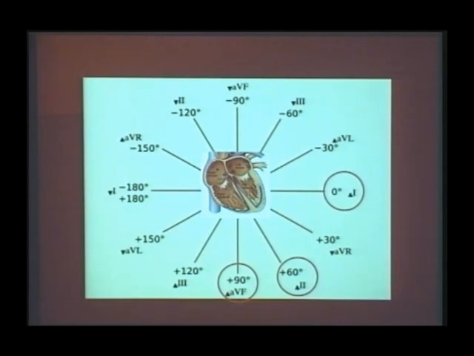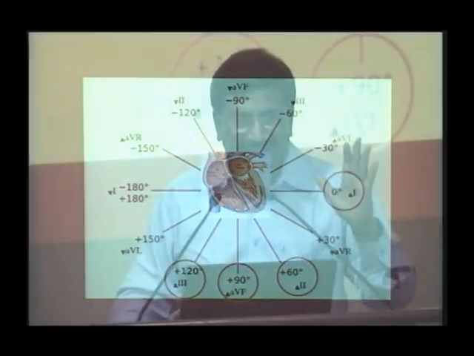Okay. Now, what is the number for L3? Whenever there is a right axis, what is my number now? 120. So, whenever the L3 shows the tallest positive QRS complex and AVL is negative, then it is a right axis, the degree is 120. The commonest cause of right axis is right ventricular hypertrophy. This is a clinical situation. So, whenever there is a right axis deviation, you must immediately think and look for right ventricular hypertrophy. This is the commonest cause of right axis deviation.